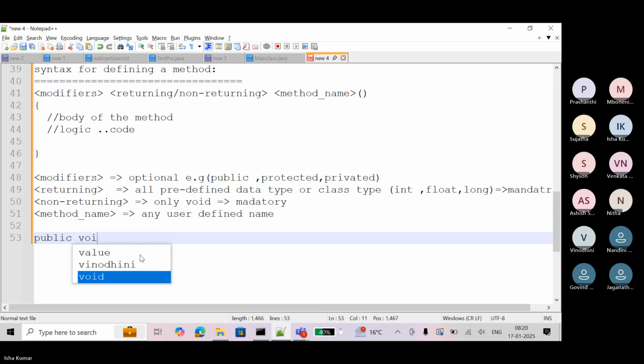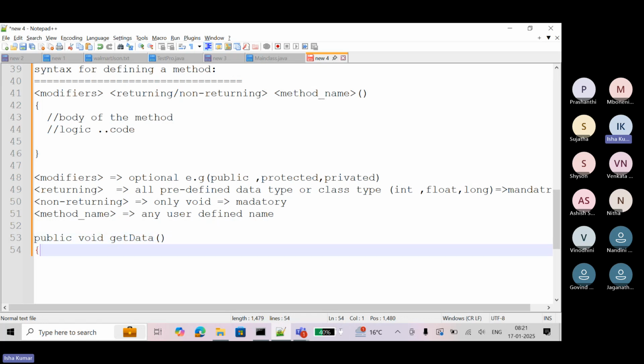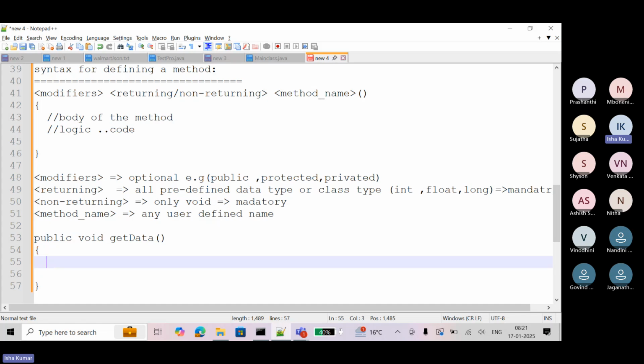Void. Right? And here you give the method name. Anything, let's say I am writing getData. Method name can be anything, and I can surround it. So it does not return anything. And here you can write your logic inside the method body. So this is called method definition.